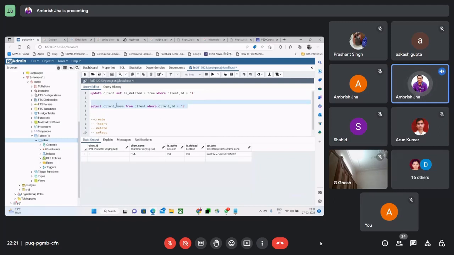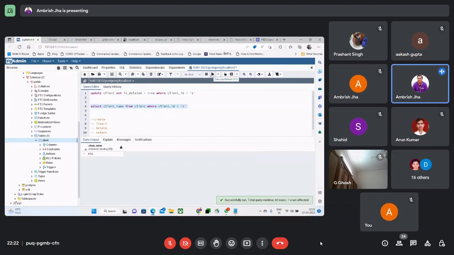अब इस क्वेरी का आउटपुट क्या आएगा, सिर्फ एक वैल्यू आएगी, दैट इज HCL। क्यों, हमने बोला 5 कॉलम में से हमें सिर्फ एक कॉलम चाहिए, दैट इज क्लाइंट नेम, और 3 रिकॉर्ड में से या 5 रिकॉर्ड में से हमें सिर्फ एक रिकॉर्ड चाहिए जिसका क्लाइंट आईडी 1 हो। तो इसका आउटपुट कितना आ रहा है, सिर्फ एक कॉलम और एक रो।